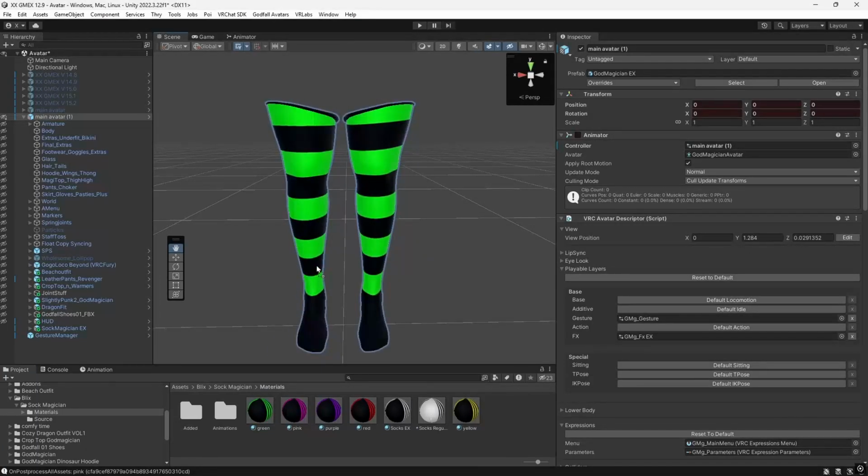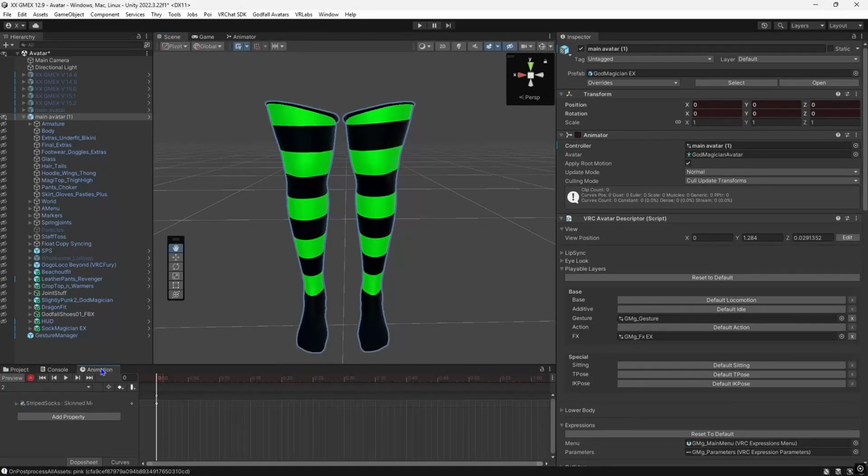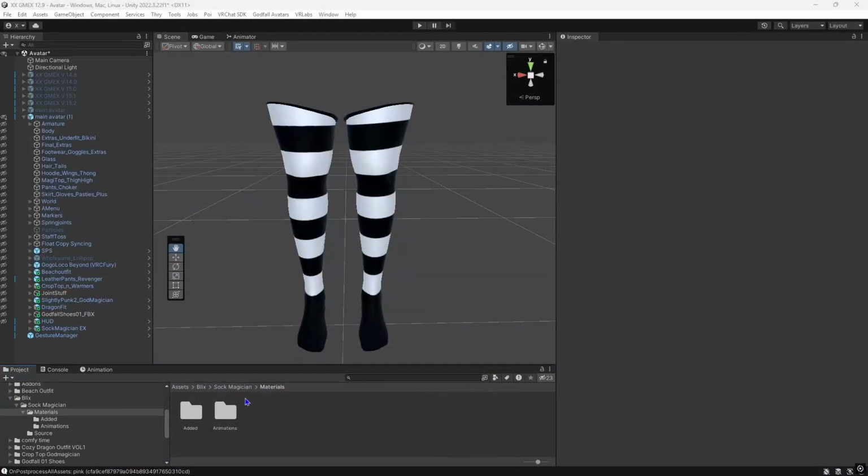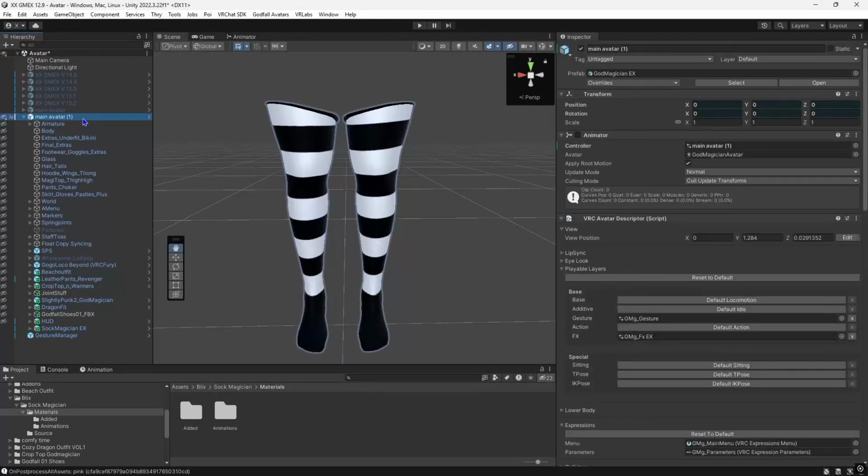Add one of our colorways to the item, then drag it to added, go back to animation, and stop recording. Do this over and over as many times as you need to for all of your different colorways. Now that we're done making our animations for all of our colorways, we will go to our main avatar and